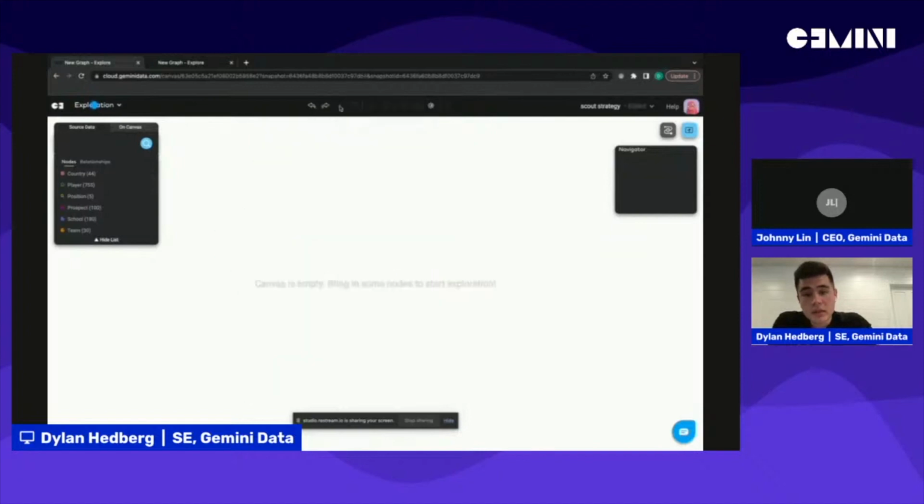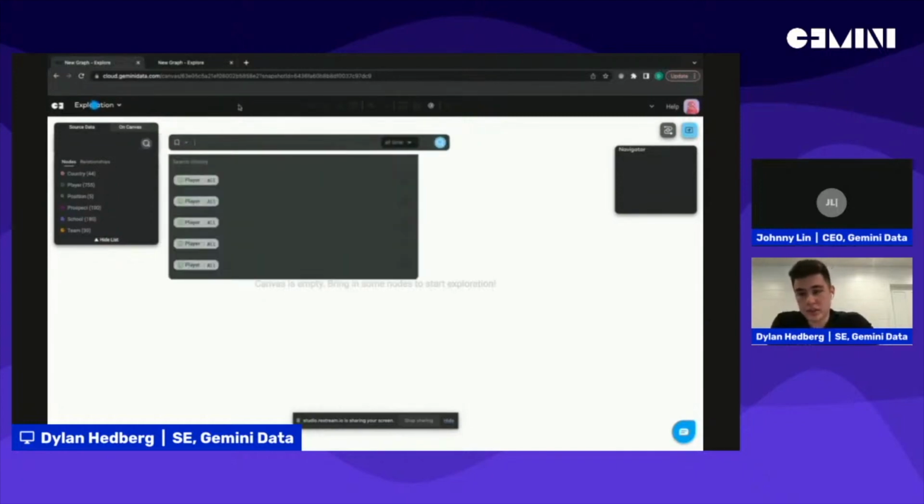And let me clear the canvas, and then I'm going to select a new snapshot. So we showed how to add to the canvas based on just selecting one category of nodes. Let's say I wanted to search for specific players. It wouldn't be the best practice to search all 755 players. We would want to filter that down to specify the criteria that we want to bring back to the graph. So with that, we've implemented filtered searches.